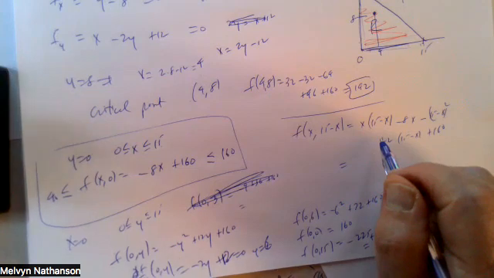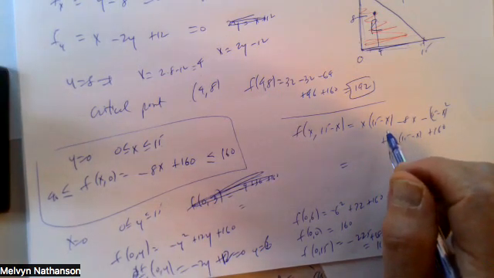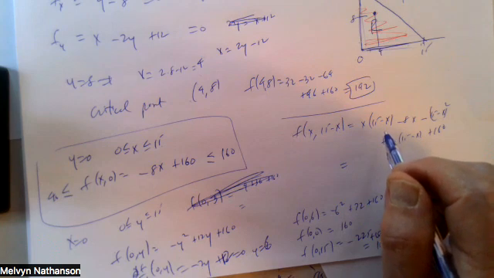And the book does this calculation, so why not just see what it says it gets? When you plug this in, you get the function